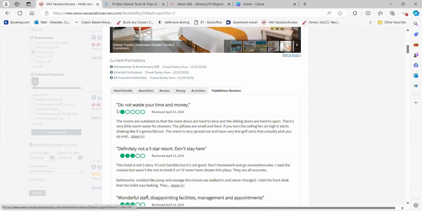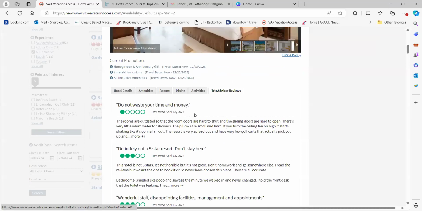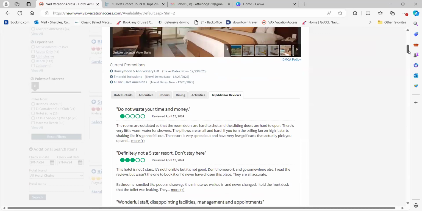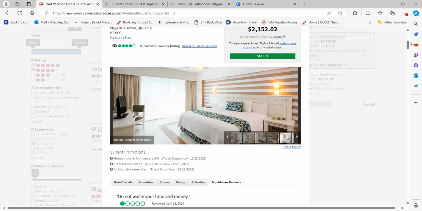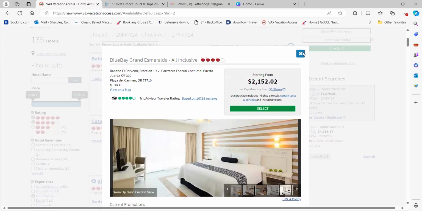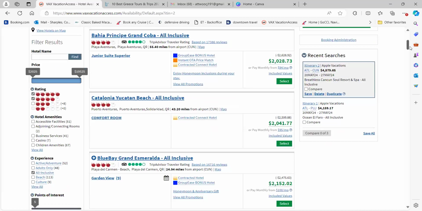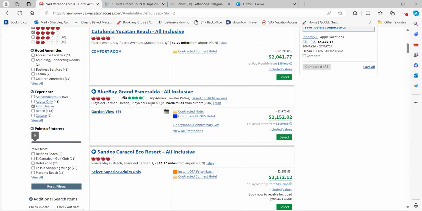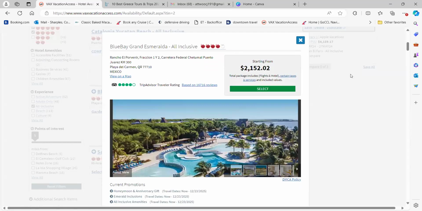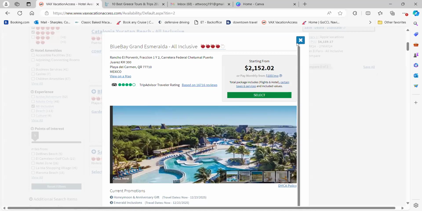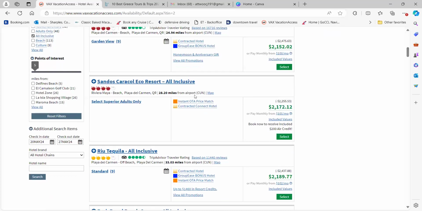So if you pull this one up, for example, if you see this right here, and that's the very top comment, you share that, a client goes to look that up, the first thing they're going to see is that bad comment, and they're going to be like, no, why would I want to book with somebody that is giving me this example here, the first option they give me, and it's nothing but a bad review. That's one I just clicked on. So I'll usually go through a couple.